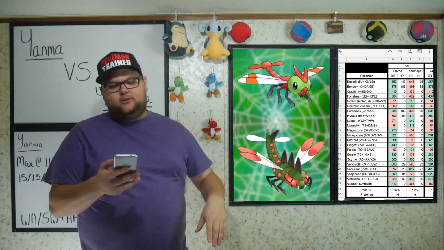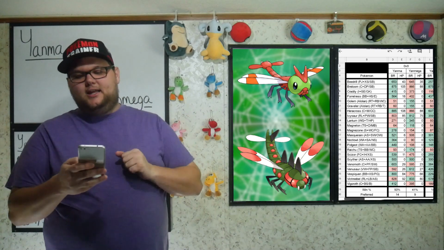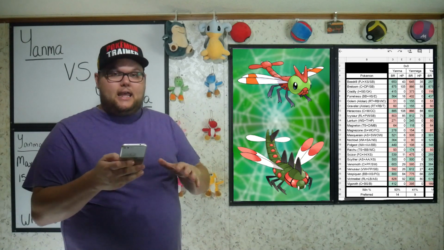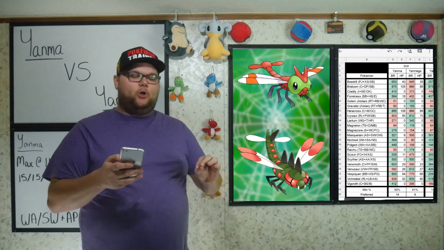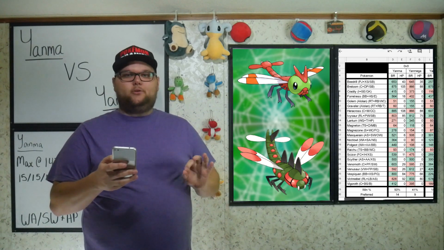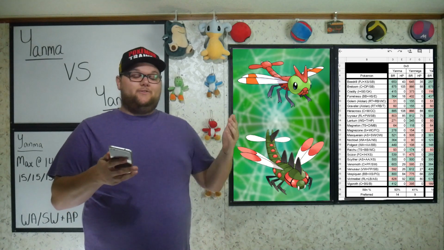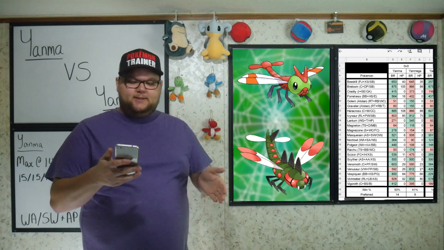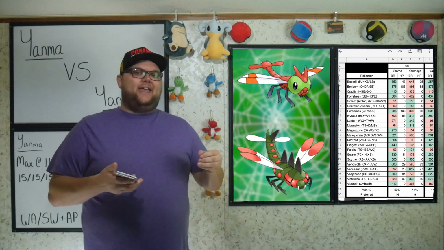Starting off here, we have all of our meta-relevant Pokemon on the left, and you can see we have a column for Yanma and Yanmega in columns D and F. We actually have a battle rating and HP for both of these Pokemon. The battle rating is the battle rating that we get as an attacker against the defending Pokemon, which is in column B. And then we have the HP,